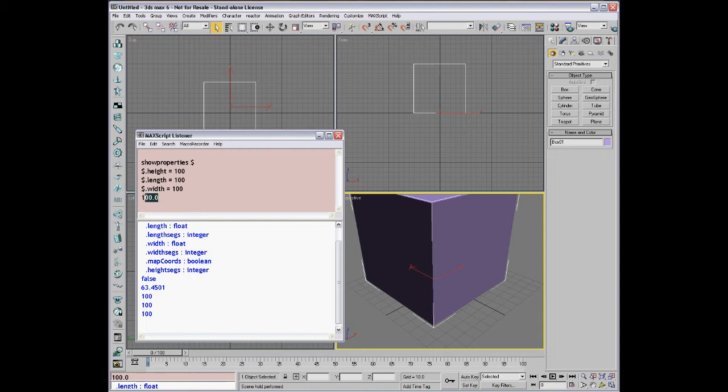Now let's try $sign height segments equals 10.5. Height segments is an integer property, yet we are